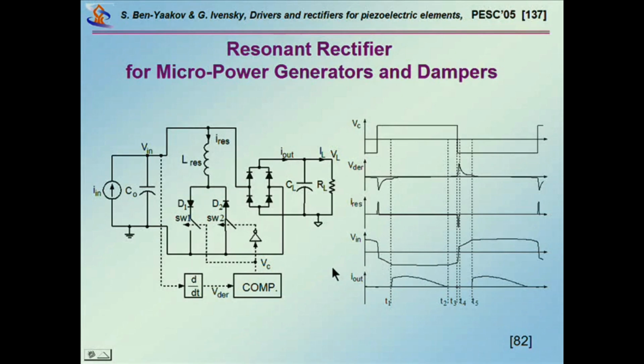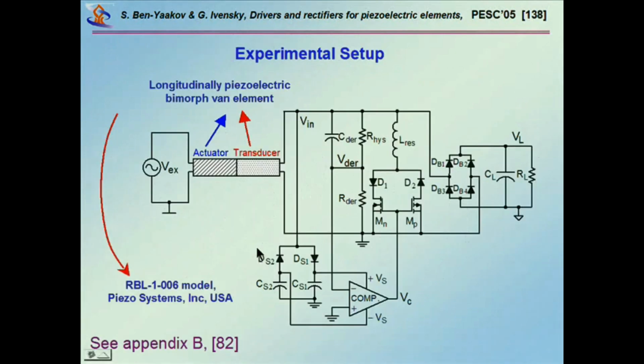Unfortunately, due to losses, some energy is lost, so you're not coming back to exactly the same voltage. So this part here is coming from, again, the input. This is energy, or current, that you still need to change the voltage to the output voltage, and then, of course, you get the output current. Okay? So this circuit is optimizing this, and is enabling one to get at least 50 to 100%